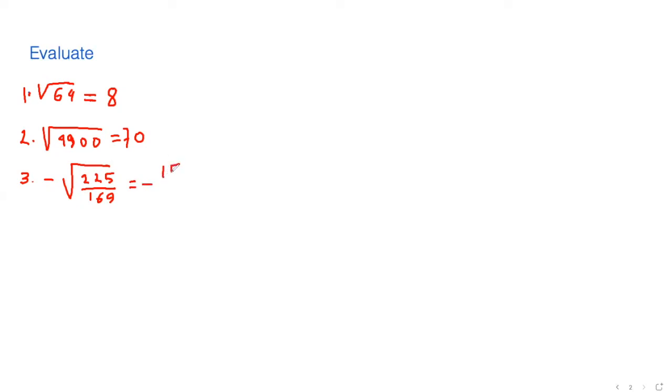You can use the calculator to multiply the numbers, like 12 times 12 is 144, 13 times 13 is 169, like that. You keep going, multiplying the number by itself to see when you get to 225. So in this case, it is 15. And for 169, it will be 13. So this is the answer. Negative